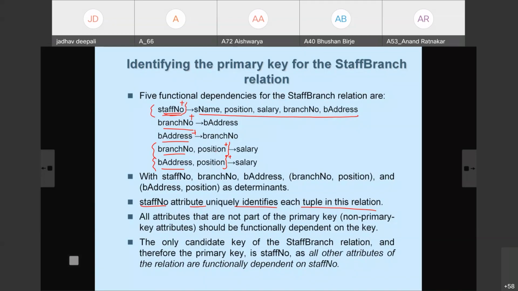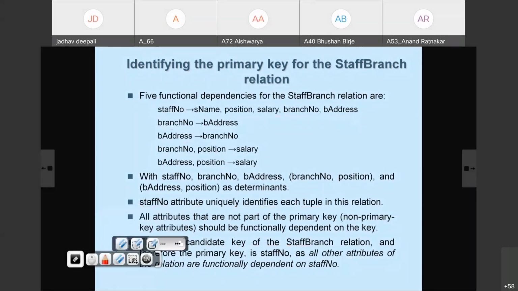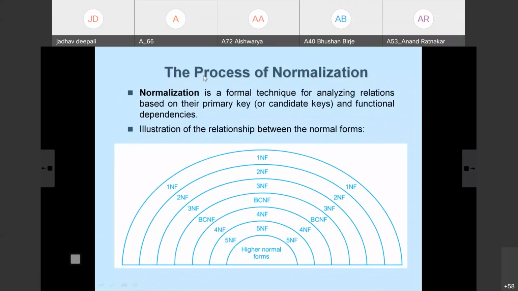Here, the only candidate key is staff number, and that's why it is the primary key of the relation staff branch. Staff number is the only candidate key and that's why it is the primary key of that relation. In this way, using the attribute closure, we can identify the primary key, candidate key